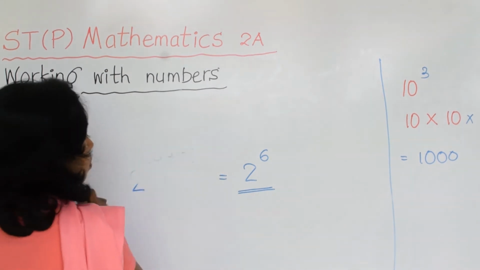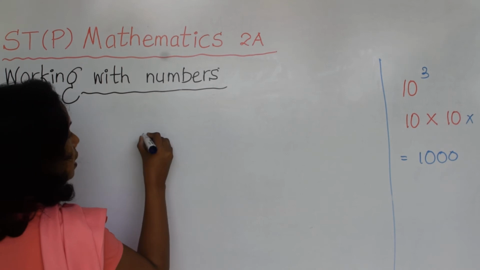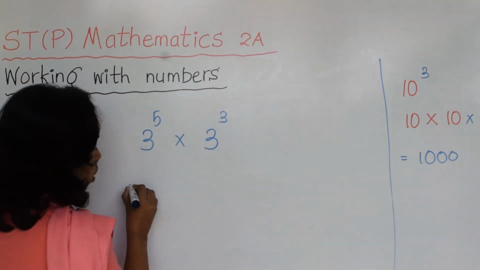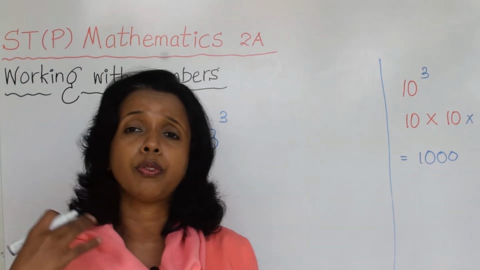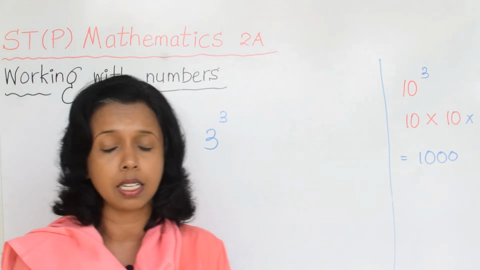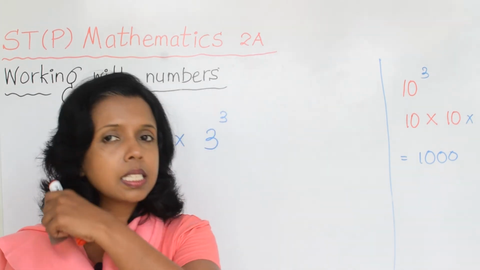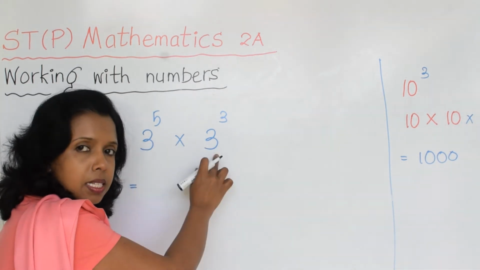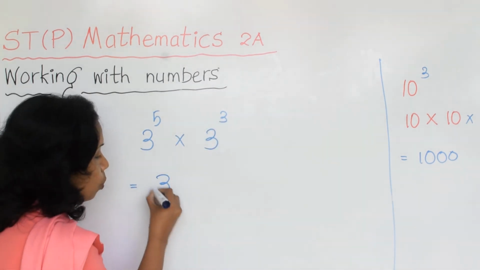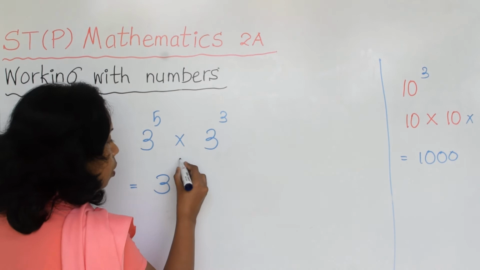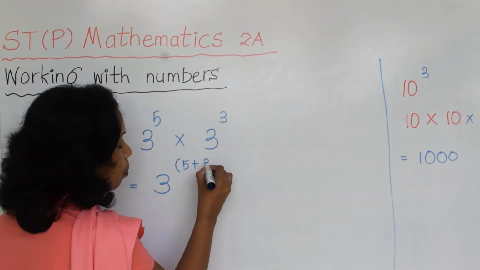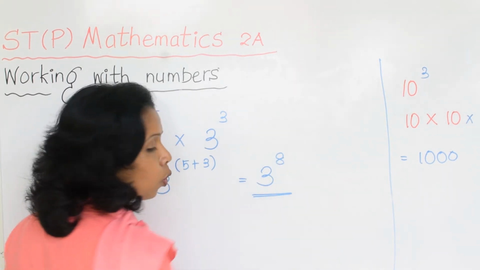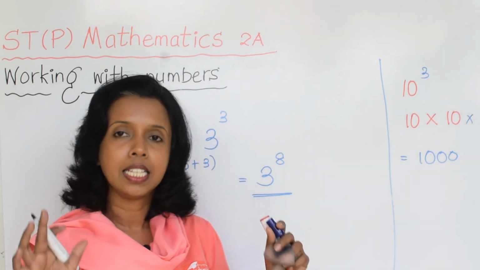Now tell me, if it is, let's say, 3 to the power 5 times 3 to the power 3. Now what do you want to do? Are you going to multiply 3, 5 times and 3, 3 times and get the answer? No. It's not the way. What's the easiest method I ask you to do? If the bases are the same, what you are supposed to do, children, is write the base as it is, and within brackets add these indices, 5 plus 3, the answer is 3 to the power 8. Hope you can understand this concept, right?